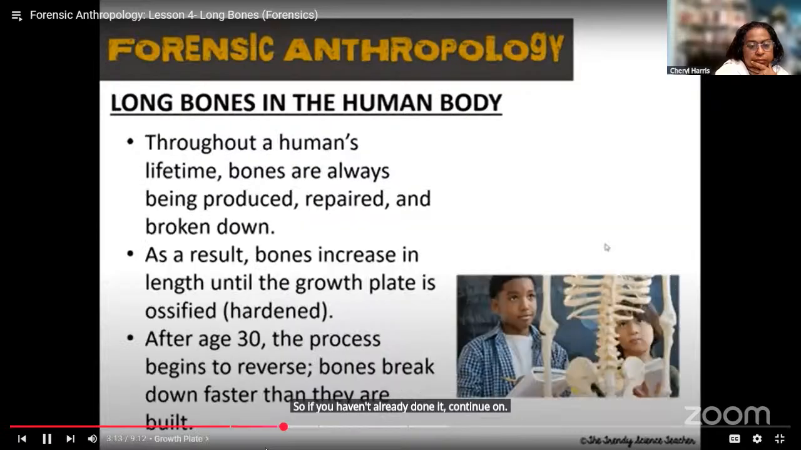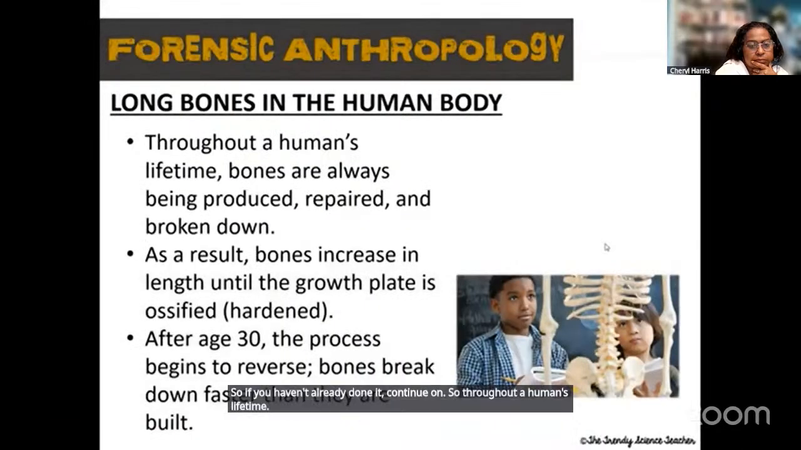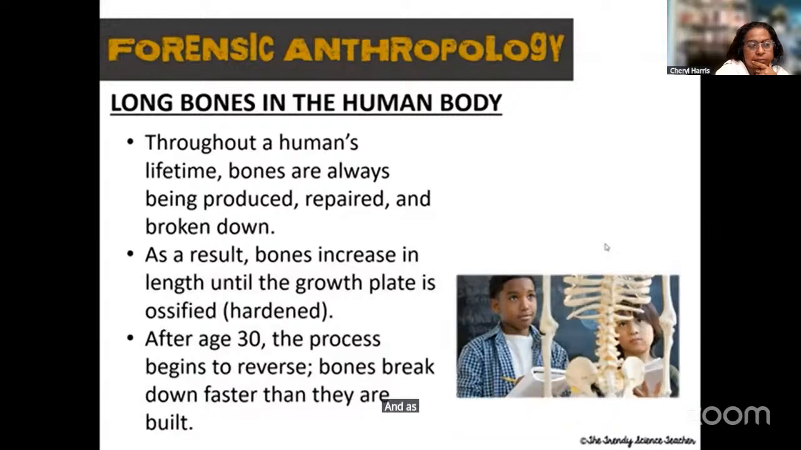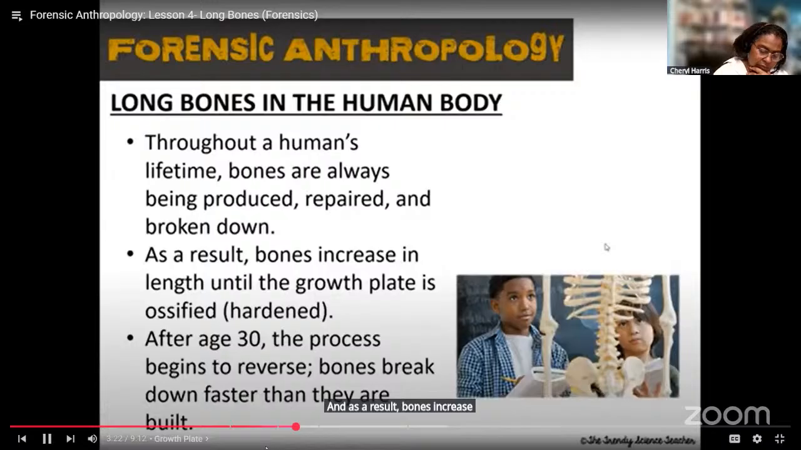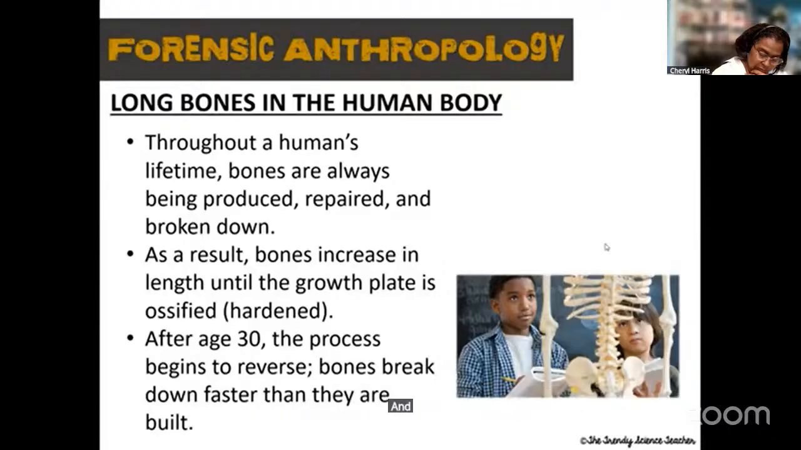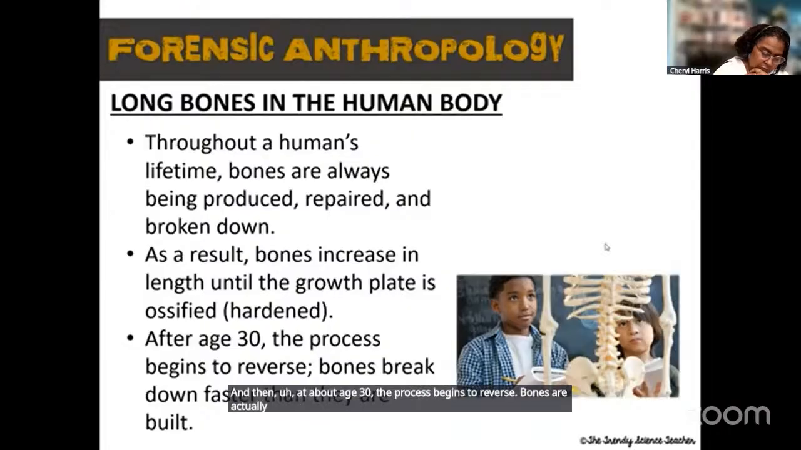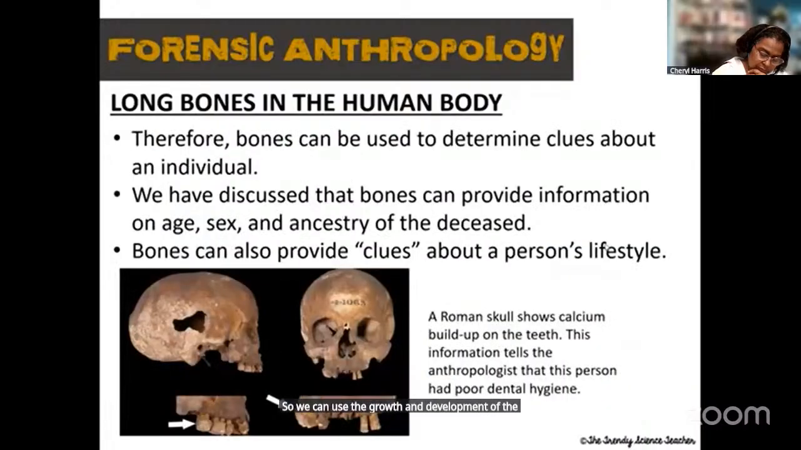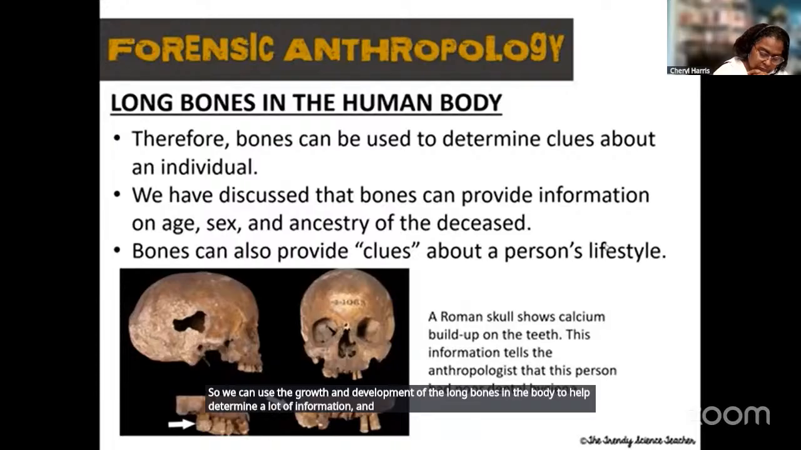So throughout a human's lifetime, bones are always being produced, repaired, and broken down. And as a result, bones increase in length until the growth plate is what we call ossified, or hardened. Now, this happens to about age 30. And then at about age 30, the process begins to reverse. Bones are actually going to break down faster than they're built. So we can use the growth and development of the long bones in the body to help determine a lot of information. And one of those specific pieces of information that we're going to talk about today is